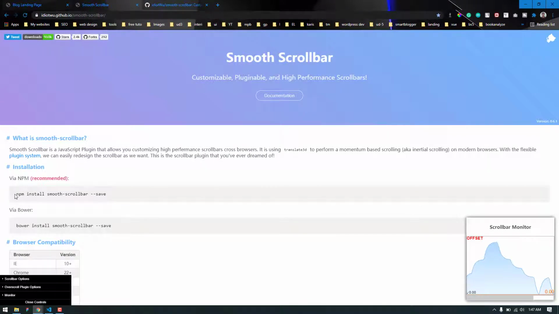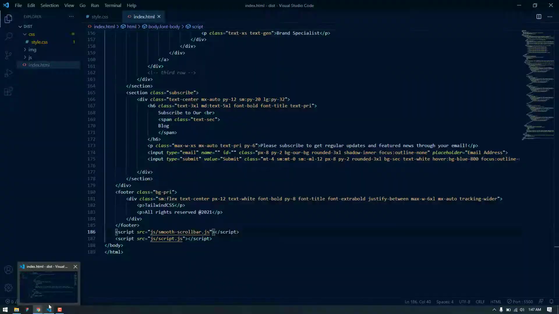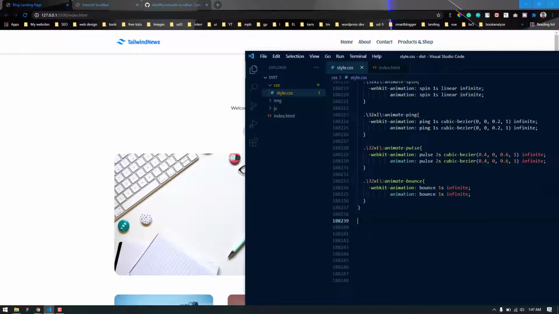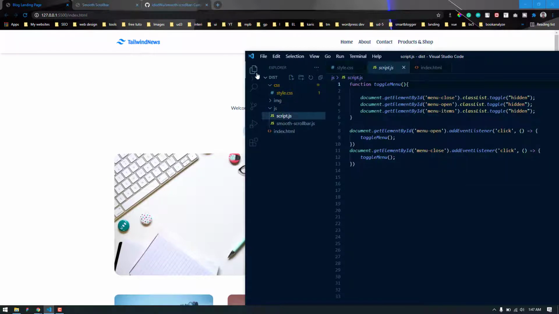For that, we would need to install npm and other stuff. So let's keep it simple and do it the old-fashioned way. So this is the web page, and at first we are going to move on to the style.css, and at the bottom of it we are going to add some styling. But let's first go to the script.js and initiate it.